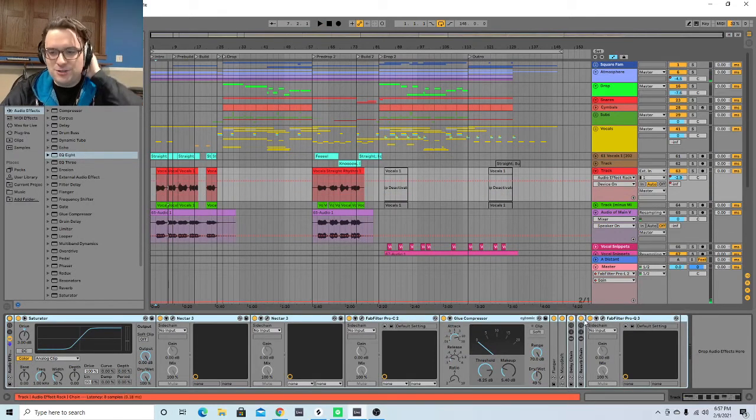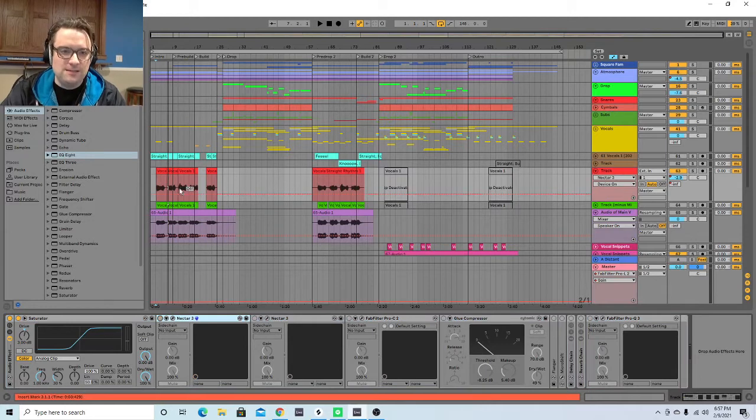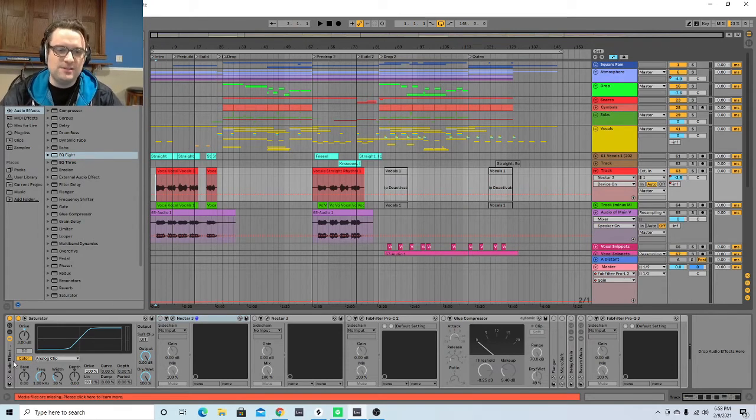Now we'll go through each and every aspect of our chain here, and I'll talk to you about our thought process and why we did what we did. So first off, we have a saturator. The Ableton Saturator is a really good plugin. If you don't use it frequently on your projects, start using it, try it, mess around with it, see how you like it. Now with a vocal, you don't want to saturate it too much and get it distorted. We just added 3 decibels of analog clip saturation, just a little bit of a boost in volume because the vocal itself, as you can hear,